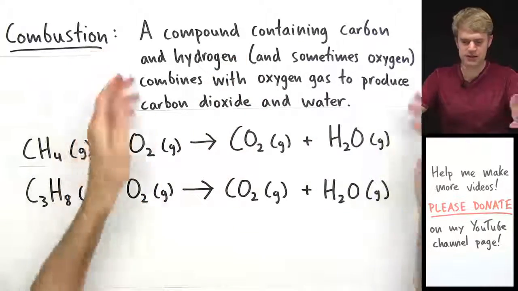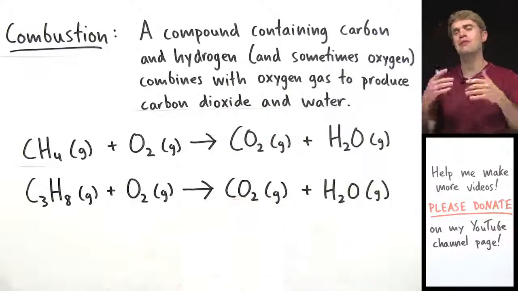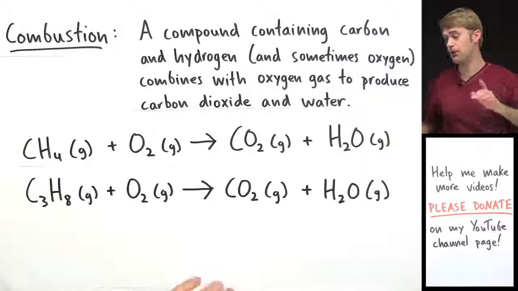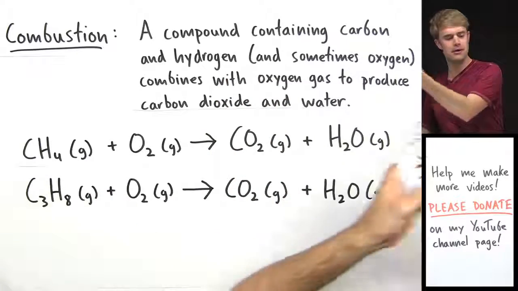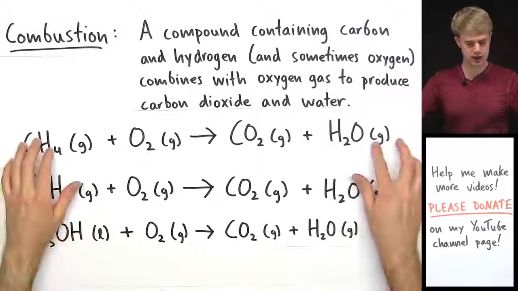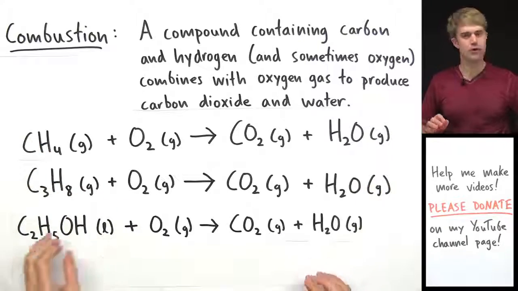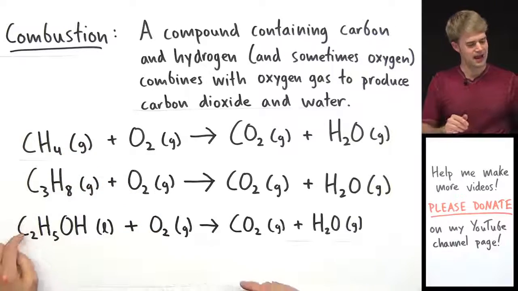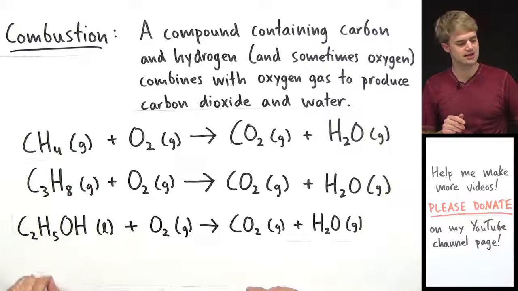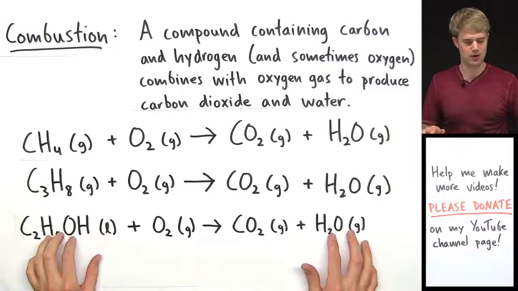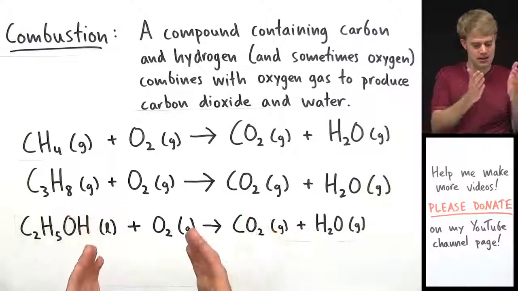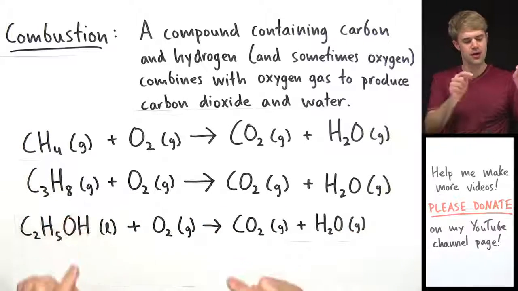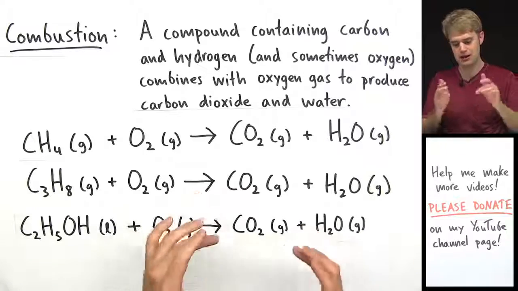Now, as this definition says, sometimes we have oxygen in the compound that we're burning. Here is one example of a combustion reaction that has oxygen in it. This is the chemical formula for ethanol, or ethyl alcohol, and you can see that just like these, it has lots of carbons and hydrogens, except it also has oxygen as well. But that's no big deal because it combusts just like the other two by combining with oxygen and making CO2